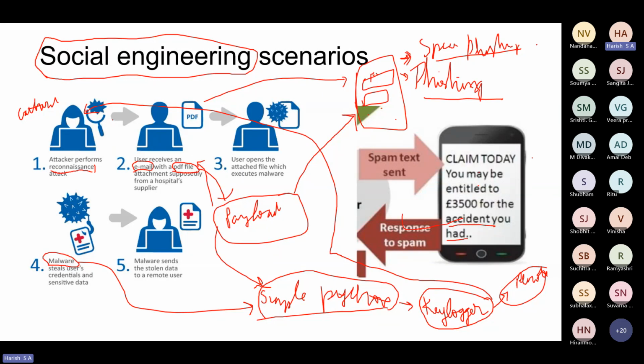So basically, what happens is you have cookies in the browser. You have mechanisms which track the way a user behaves. So if you search for, let's say, toy cars on Flipkart or Amazon or even on a search engine, you have multiple trackers, multiple third-party cookies that keep track of what you're searching. And these third parties sell this data to potential websites who want to do targeted advertisements.